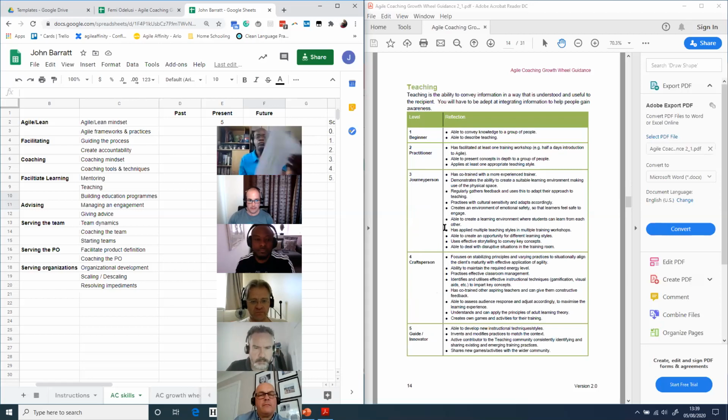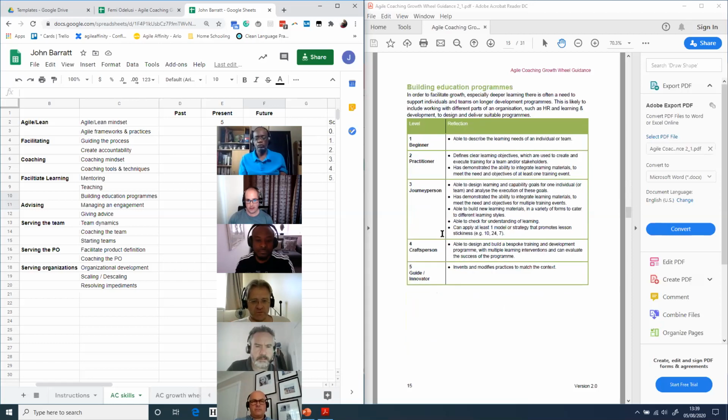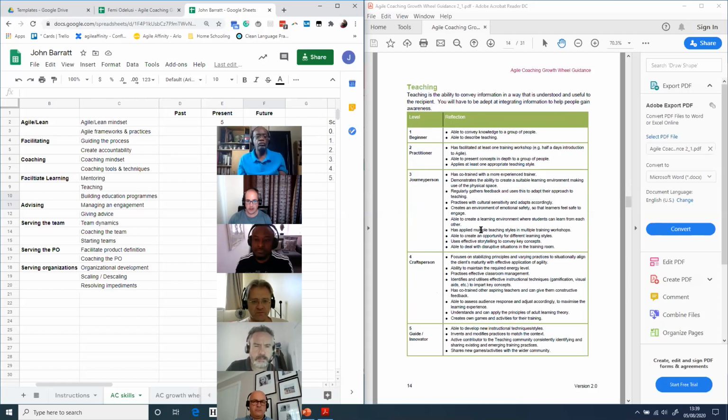So teaching, again, is in two sections. There's the teaching itself, and then there's the building of the educating program. So we start with just the teaching. The thing with the core competencies as well is we've tried to separate them out as much as possible from the Agile knowledge.